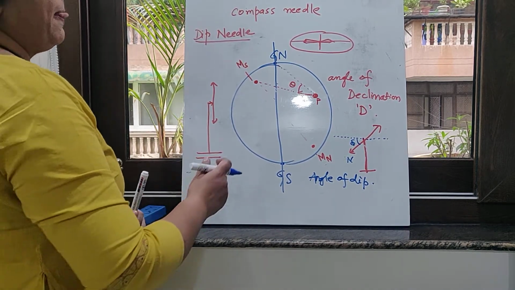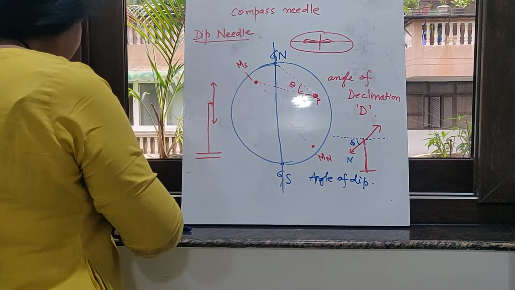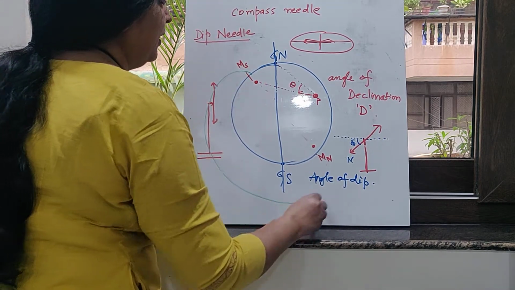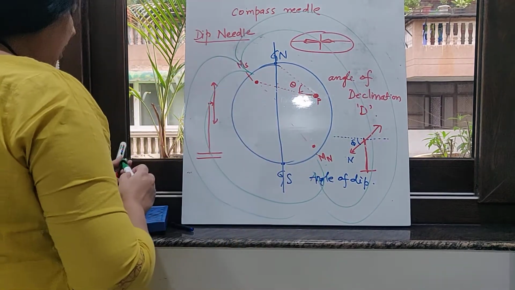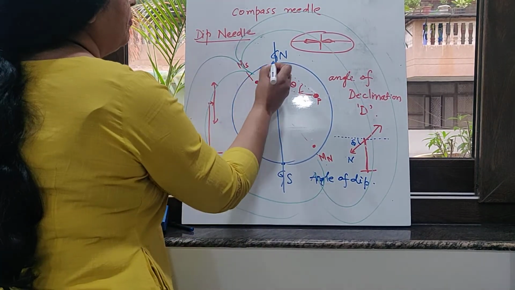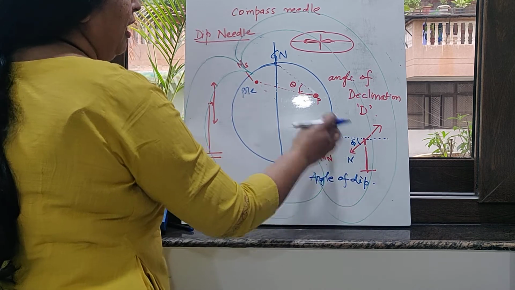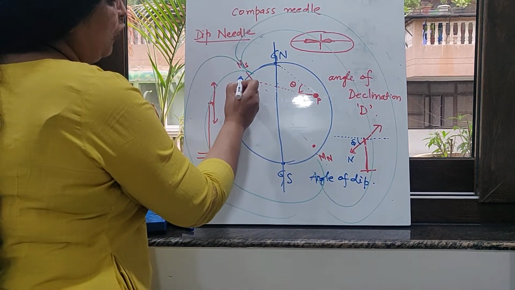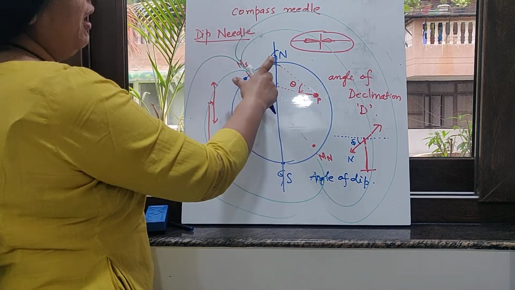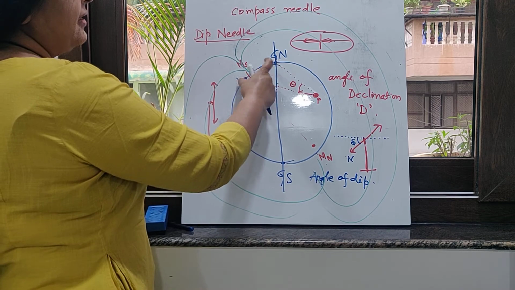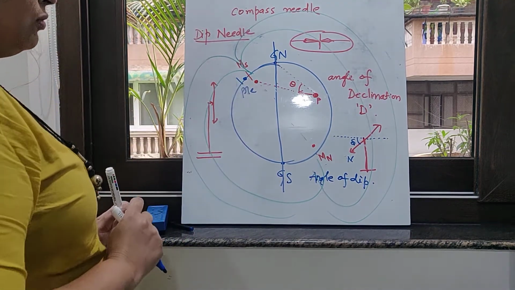Correct? Now, what actually happens is that you know the Earth's magnetic field is like this. We drew it earlier also; I am drawing it again. So the Earth's magnetic field is like this. Now, this position is very close to the North Pole. So let us say that we bring the dip needle close to the pole. When you bring the needle close to the pole here, what will happen? You are very close to the pole. It is only in the diagram that you can see the distance is quite large, but let us say this is a very small distance and the needle is lying close to the pole.